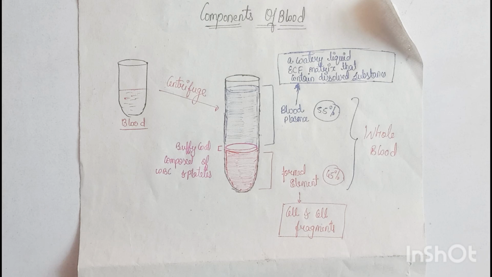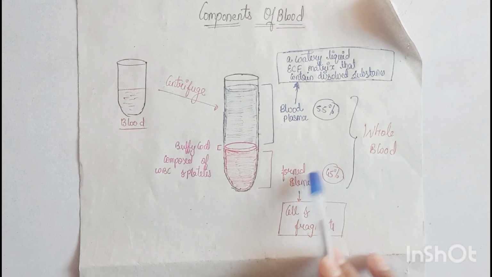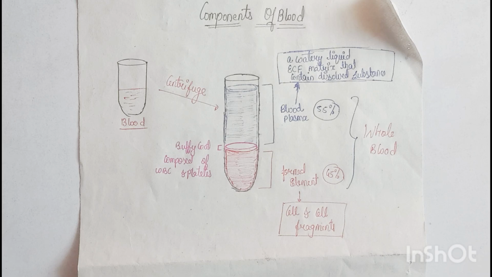The formed elements make up 45% of the whole blood, where cells and cell fragments are present. Cells means red blood cells, WBC cells and platelets, which are more dense than the blood plasma. That's why they sink at the bottom of the test tube. Next is the blood plasma, which is 55% of the whole blood. It is the watery liquid extracellular matrix that contains dissolved substances, and it is present at the top layer of the test tube. Why? Because it is less dense